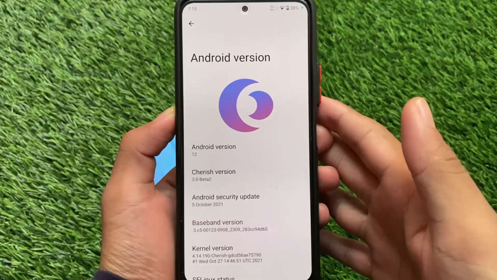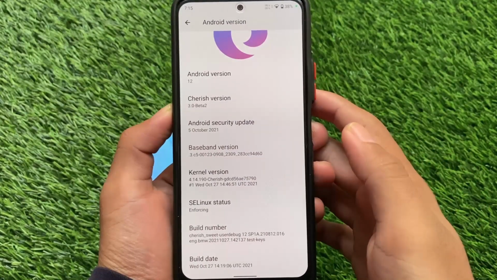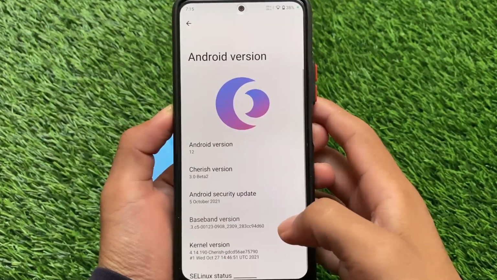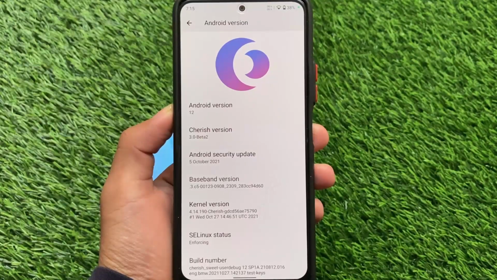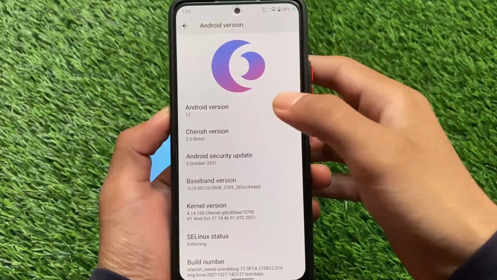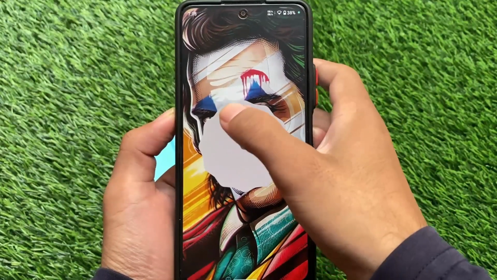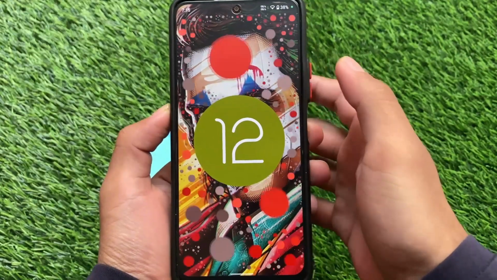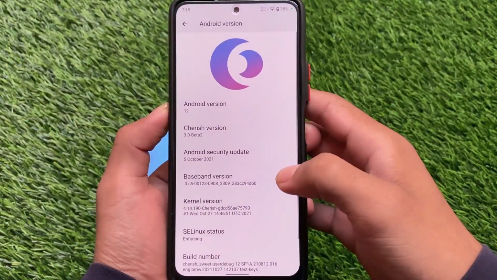Based on Android 12, Cherish OS is available here and finally with some customizations. A lot of custom ROMs based on Android 12 we have tried so far didn't come with any kind of customizations, unfortunately. But now finally we have some customizations available for you. Of course, these are not a lot of customizations, but still good enough because some basic features are finally added, which I'm going to share with you in this video. So stay tuned for that.